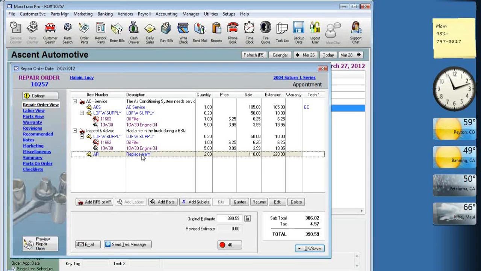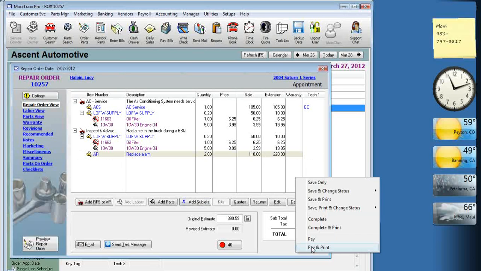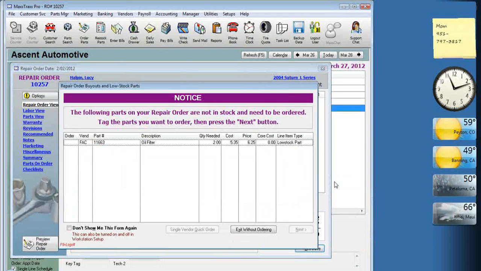I just hung up the phone before the webinar. I was talking with another user. There's a fine line when you sublet work out, whether it comes back to you as sublet or as a part. The example that Bob and I were just talking about is a transmission. If you have a transmission job, and you probably don't rebuild your own transmissions either, and somebody gives you a vendor receipt